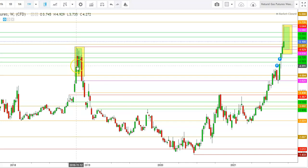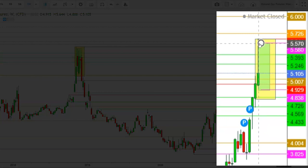So friends, here I find that the natural gas futures could repeat these moves during the upcoming weeks, whereas I find that this zone could be repeated once again during the upcoming 4 weeks because we are still in the hurricane season and the volatility could be higher during the upcoming 4 weeks, where the natural gas futures could once again test the levels of $5.580 on the upper side, and on the lower side a massive support can be seen at the levels of